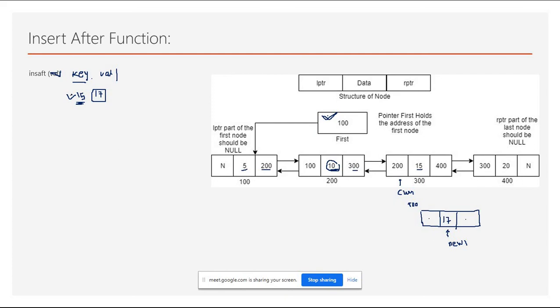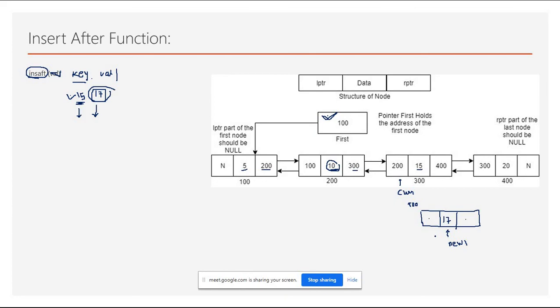You already know that this insert after functionality means we are inserting after some node, and the meaning of this function is, you just have to insert the node which will have a 17 after 15, right? So you just have to insert 17. So you have to fit this new node in such a way that whenever I am calling a display function, the 17 should print after 15.